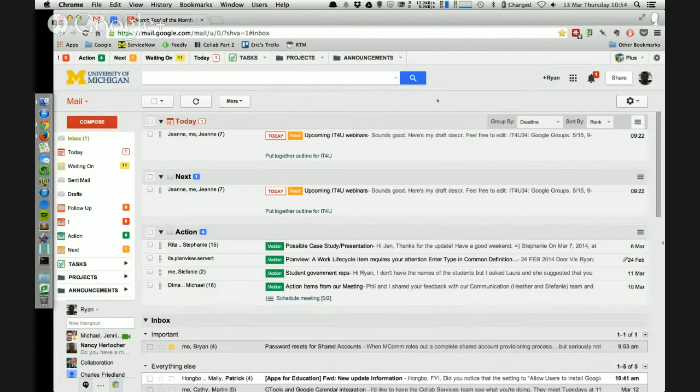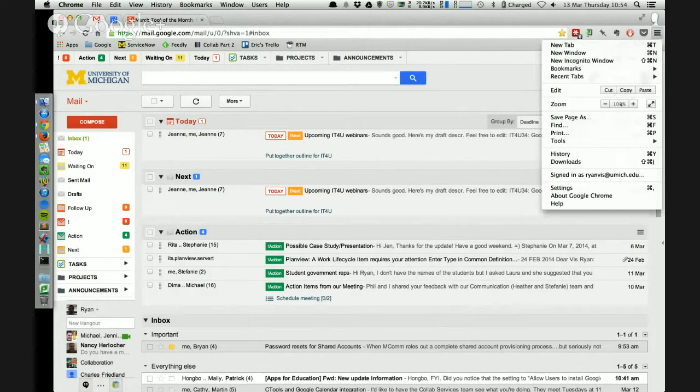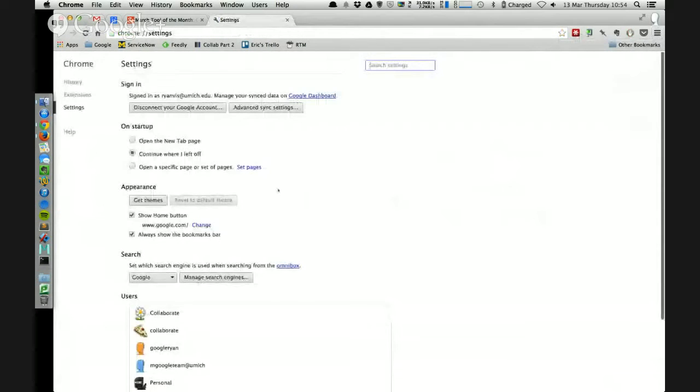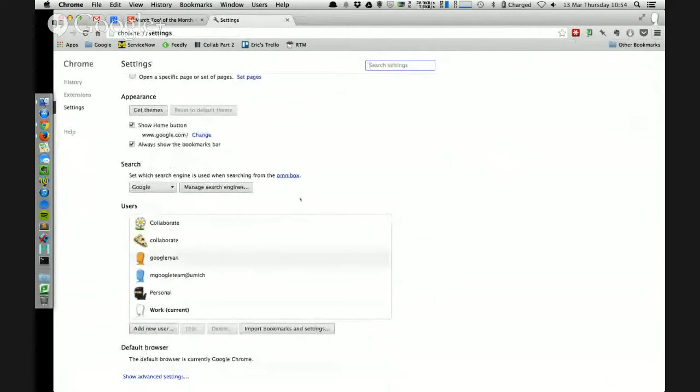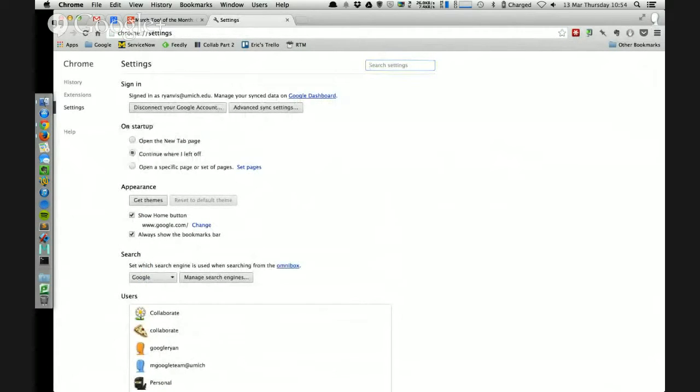But in order to stay signed into Mail but not signed into Chrome, you probably want to do two things. The first thing you're going to want to do is go into your settings, and go down here and click up here at the top on Startup. Make sure you have Continue Where I Left Off selected. A lot of folks have selected Open a specific page or set of pages, and then they set email.umich.edu to be one of those pages. You can do that, but that's more than likely going to force you to sign in every time because it's just sending you back to the URL. It's not remembering your session. Selecting this middle option will help Chrome remember your session.